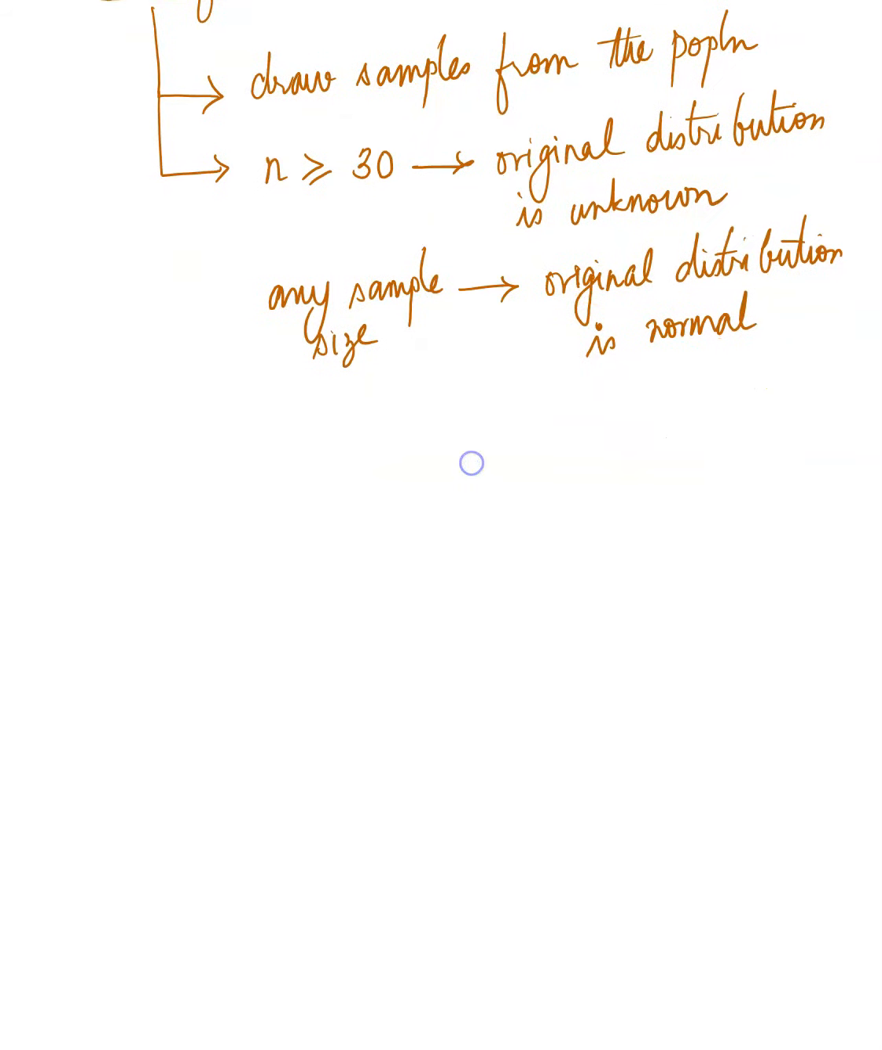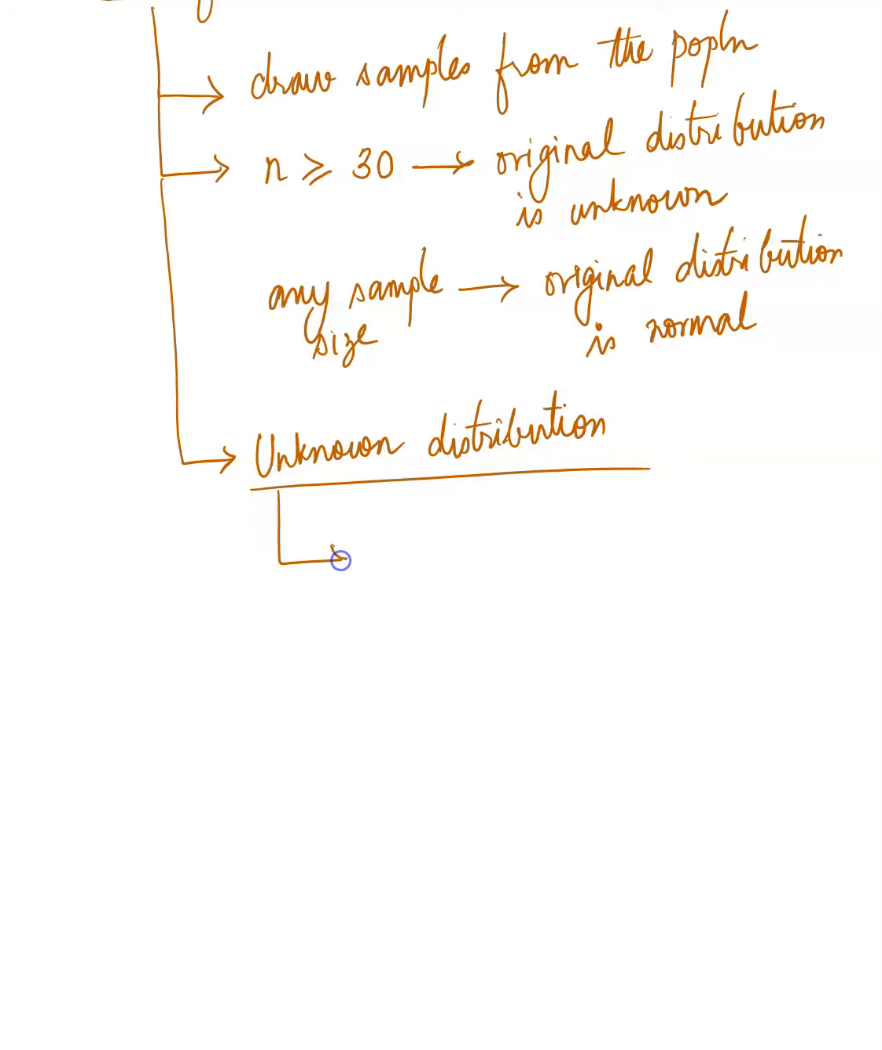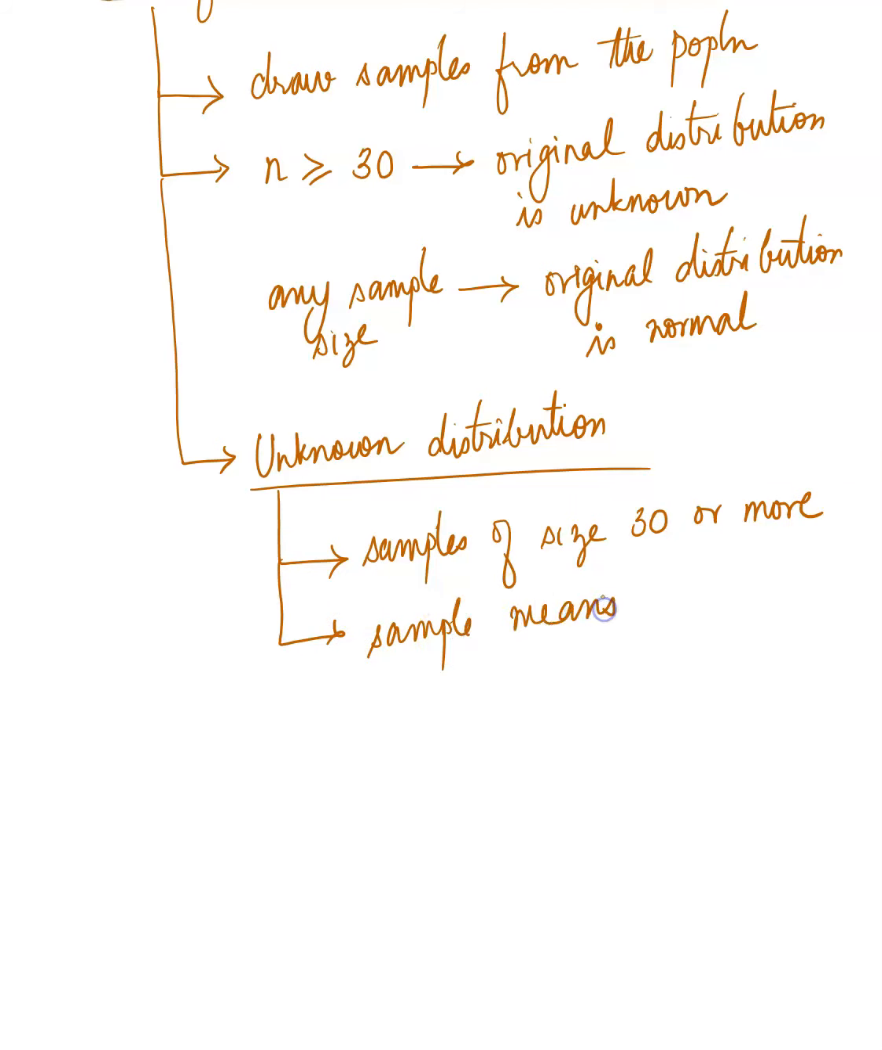So we can kind of see two cases, right? One when it's unknown and when it is normal. So unknown distribution. From this unknown distribution, if you draw samples of size 30 or more, and if you took their means, so I call them sample means, you collect all their sample means, then we're saying the distribution,